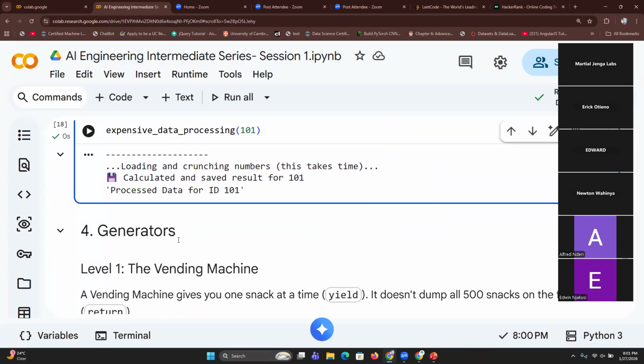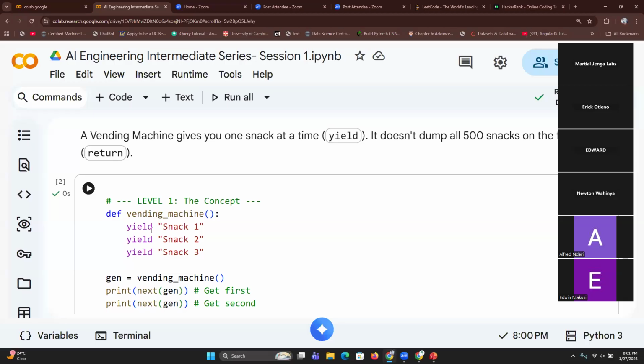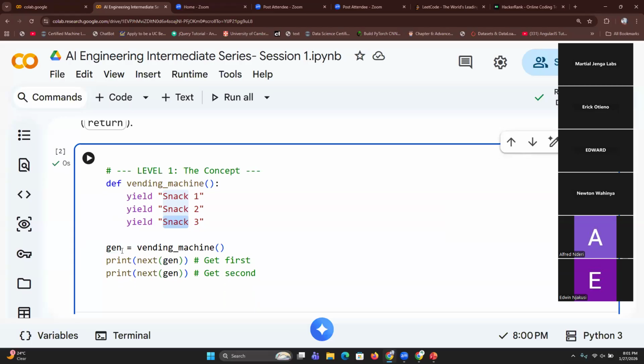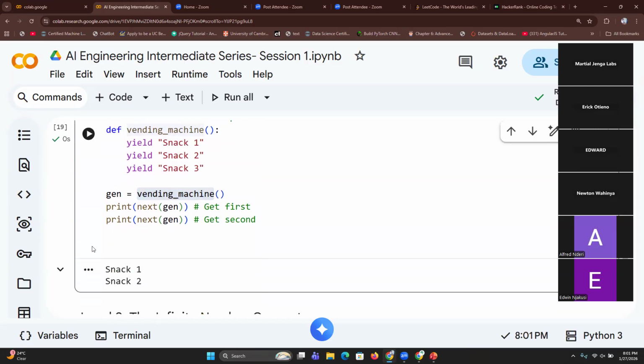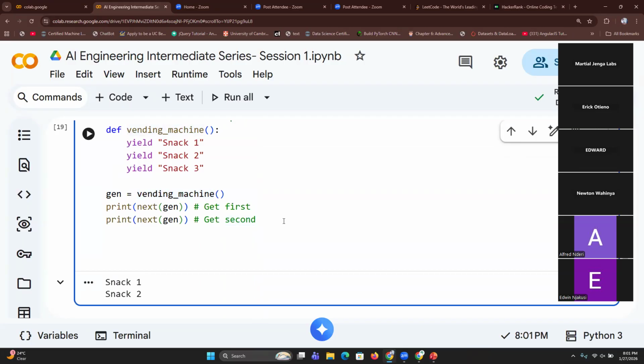I don't know how to explain it better, but let's say you have a vending machine. A vending machine has to yield its output one at a time. So you yield information one at a time. For example, if you go to the vending machine, the first item to be yielded will be the first snack, then the second one, then the third one, in a certain order. So if I call this generator vending machine, it is able to yield information one at a time, like this one here, snack one, snack two,